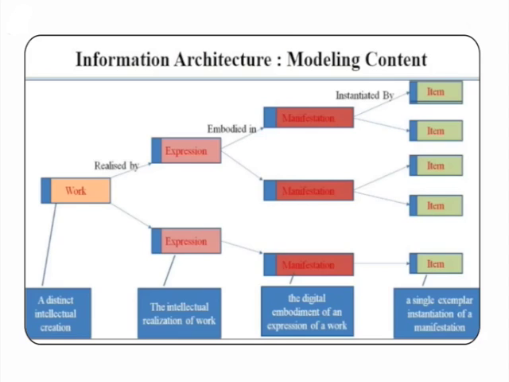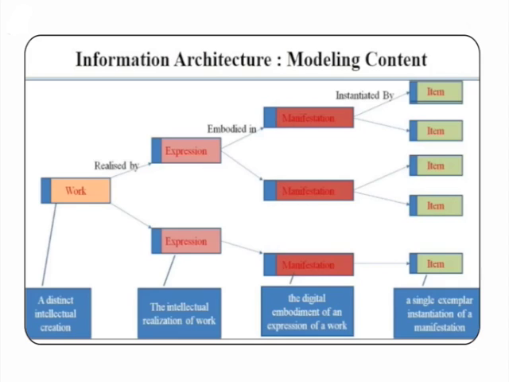The key principle in modeling of content is its multiple layers, which contain its evolution and development from various intellectual stages. Such a model will enable explicit attribution of rights information. The model allows content to be identified at work, expression, manifestation and item layers. At each of these layers, different rights and right holders may need to be supported as shown.